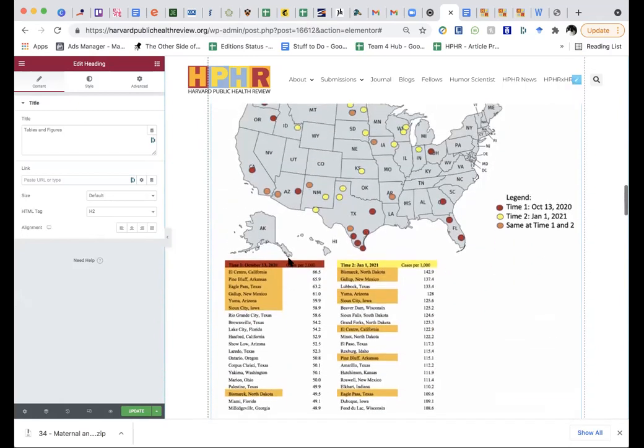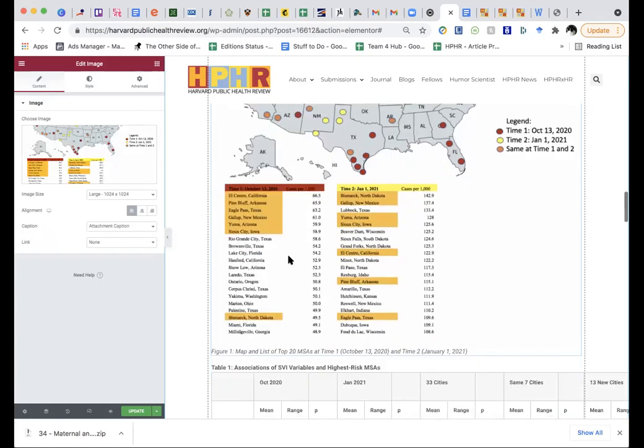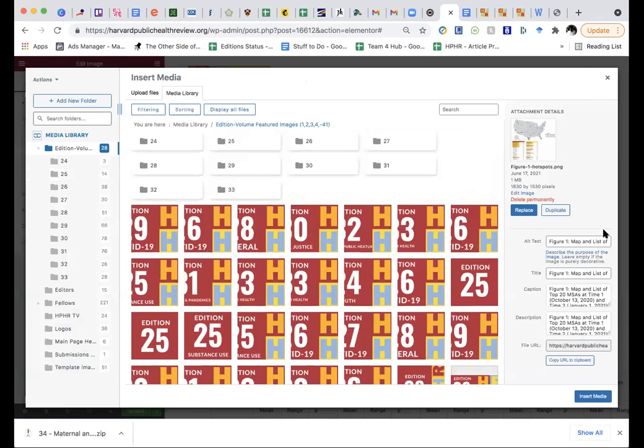This is a figure here, and it's actually one that I had to do as a screenshot from the original article. I added it like I did the other images, but you'll see that it is not labeled the way the other images were.